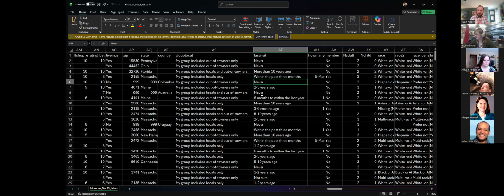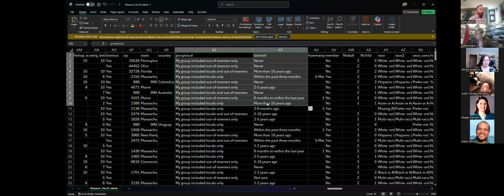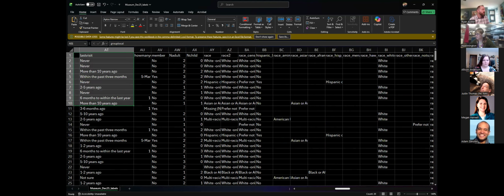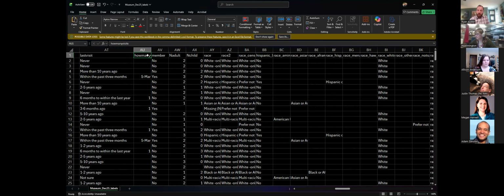book is your best resource for trying to figure out how the values in the group local variable or the last visit variable correspond with visitor selections, these same two variables right here. Perusing the rest of the file, you will see sequentially, again, according to the codebook and the basic bones of the survey explained, the rest of the core questions that go to every single visitor, regardless of your site-specific questions